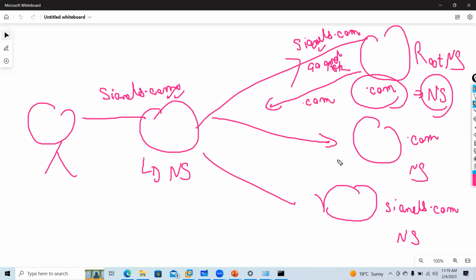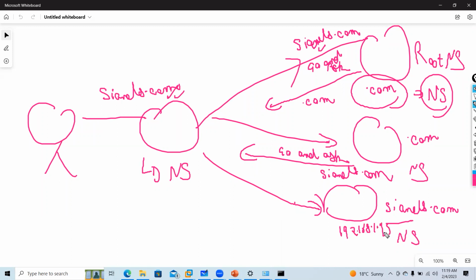Now the request will go to .com. Hey, do you have cnets.com? It will say no, go and ask the cnets.com name server. Now it will check, hey, do you have cnets.com? Then it will say, yeah, the IP address of cnets.com is 192.168.1.45.